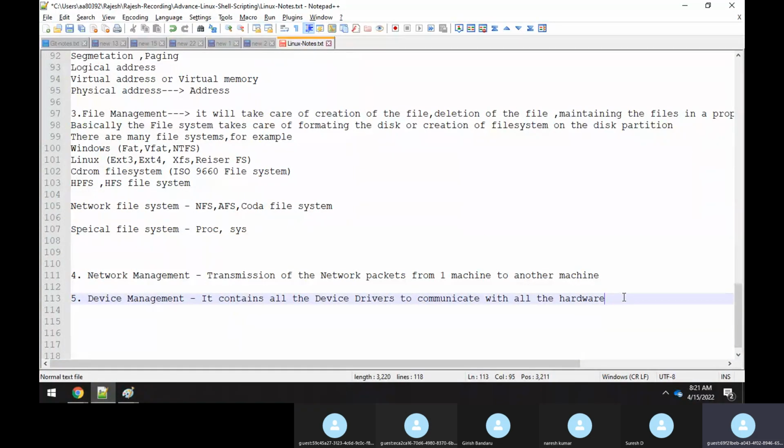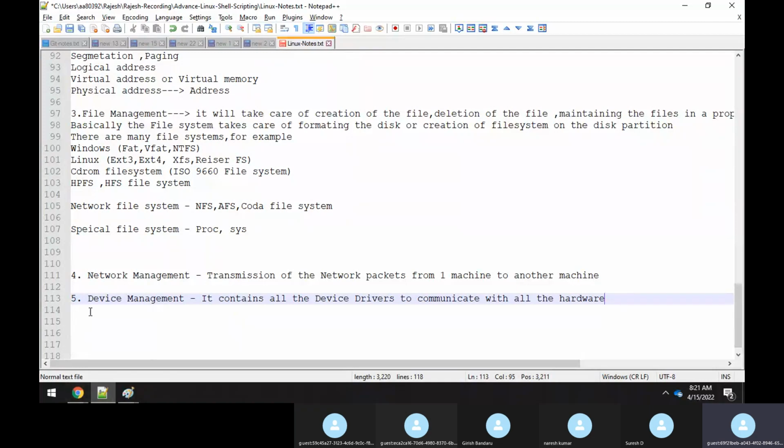There are so many different devices with us, right? We have a mouse, a keyboard, a screen or terminal, a USB port, right? You have a parallel port, a serial port, a network card, an audio device, a video device, like a graphical card also, right? So each and every hardware is there. How can this hardware be communicated with by the application or by the operating system? With the help of a device driver itself. Without a device driver, the application cannot communicate with this end hardware.